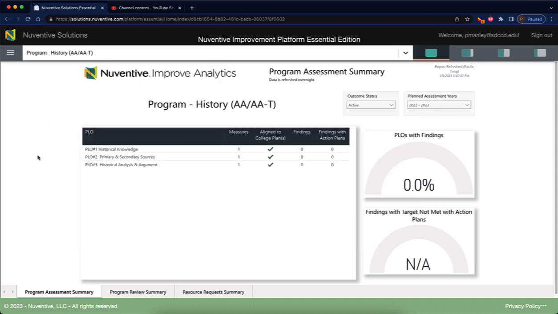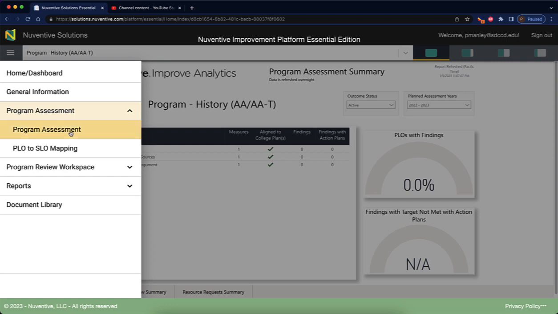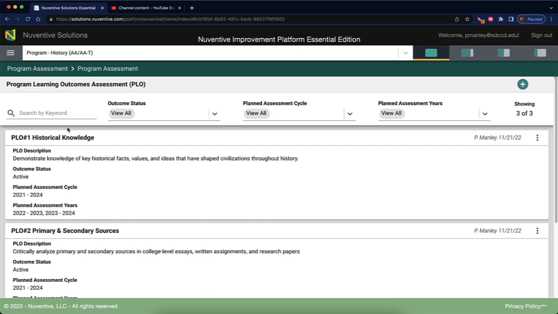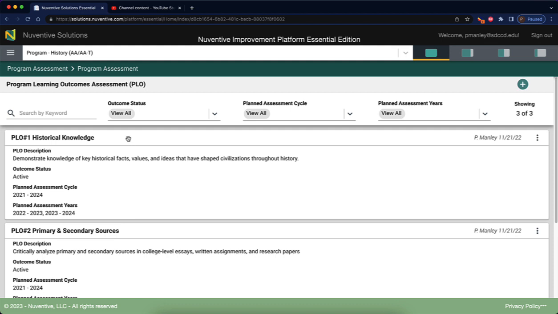Once you're in your program that you'd like to add PLOs to or do PLO assessment, you will see the home page. Once you're on the home page, select the hamburger menu on the left. Select Program Assessment by either clicking on Program Assessment or selecting the caret on the right, and then select Program Assessment subtopic. The main page for PLOs will open, and you will see all the PLOs that are currently active